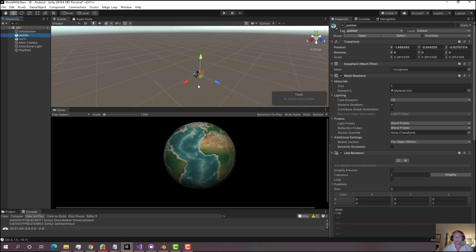And what this will do is show us where to point to the Earth from wherever we're looking. So if we imagine what this would look like in a VR world, it would be some sort of indicator to show you where to look. This is just a visualization. So if I run this,